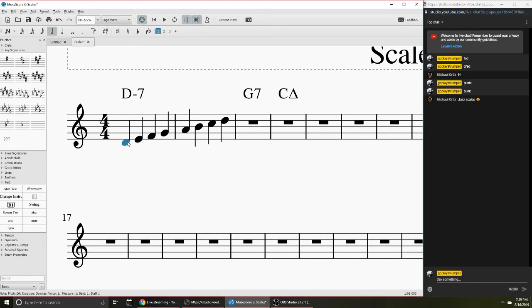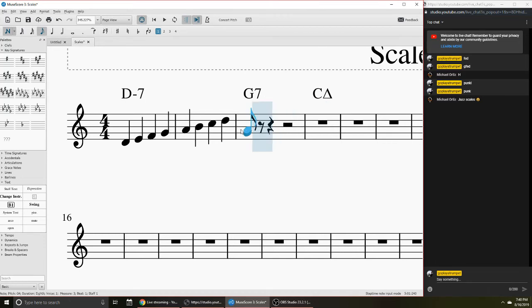So here's your Dorian mode. We just talked about modes. So jazz scales. If you want to play a mode, this is the Mixolydian mode, the 5th note of your C major scale, and that has a particular sound. If you want to play a diminished scale over this, you certainly may. And if you use that scale, for instance, the scale is going to be